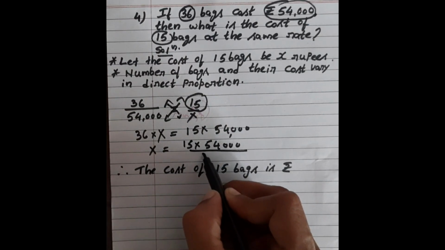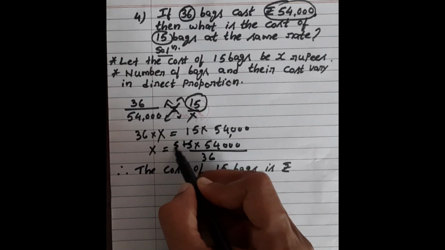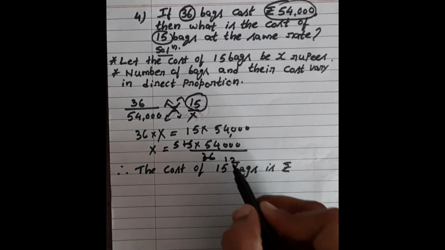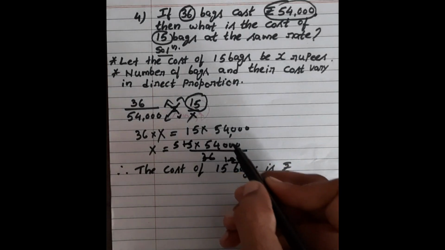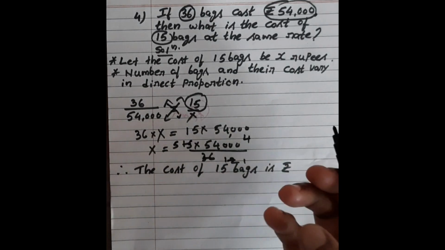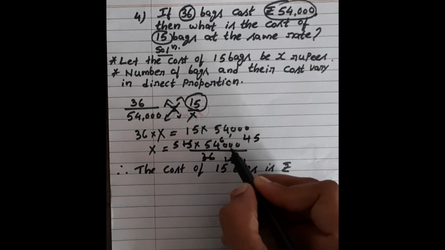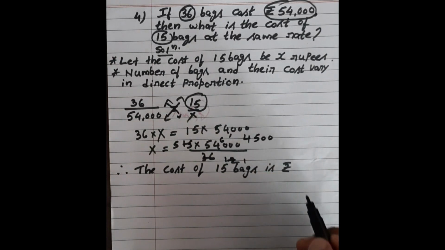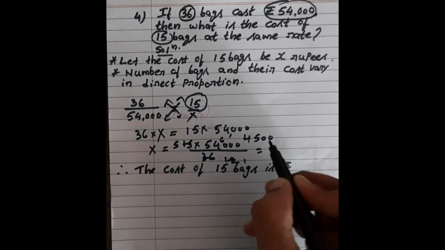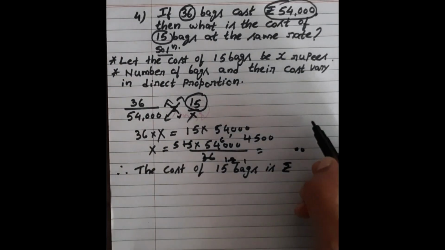divided by 36. In the 3 table it will go: 3 5s are 15, 3 1s are 3, 3 2s are 6. Then 12 1s are 12, 12 4s are 48, 49, 50, 54, 6 we will write here. 12 5s are 60, 2 zeros are there, 2 zeros we will write. Now 4,500 into 5 we will multiply. These 2 zeros we will keep like that only here. 45 into 5 we will multiply.